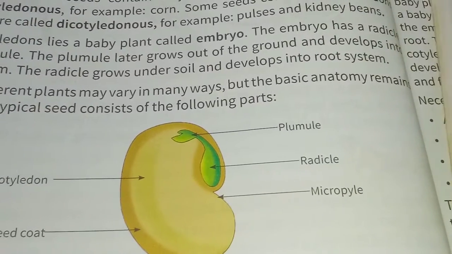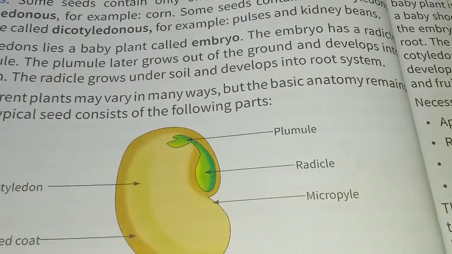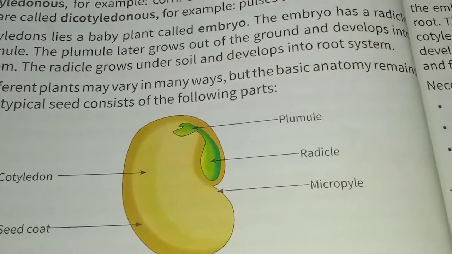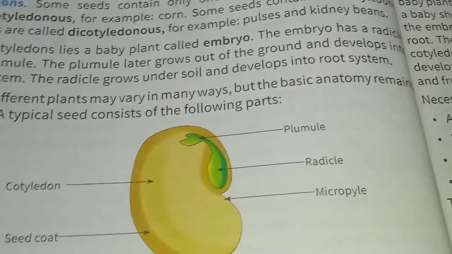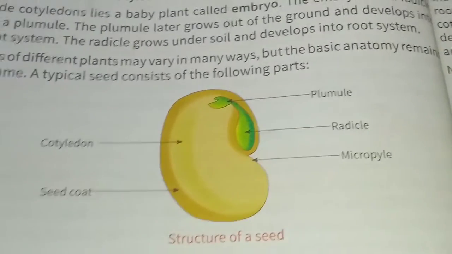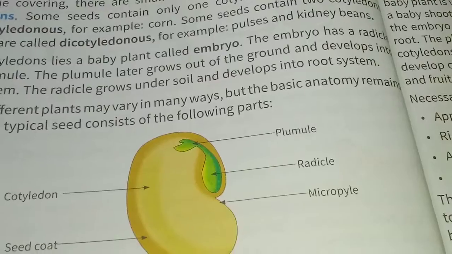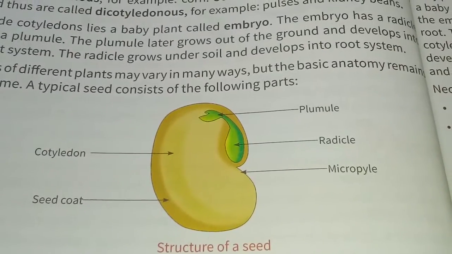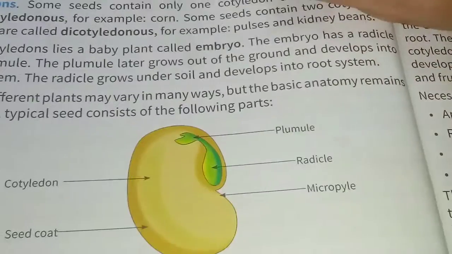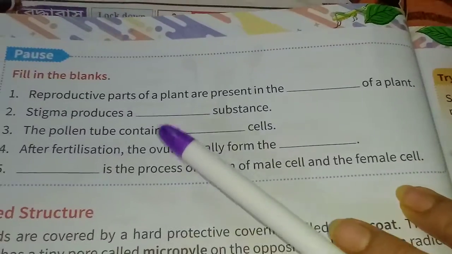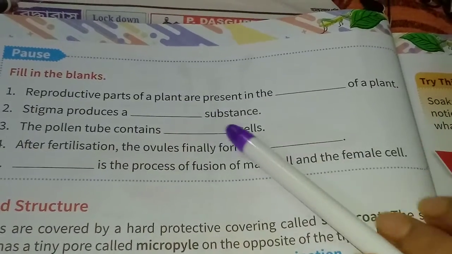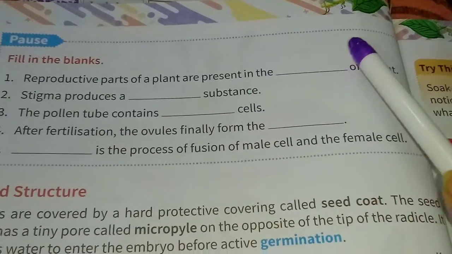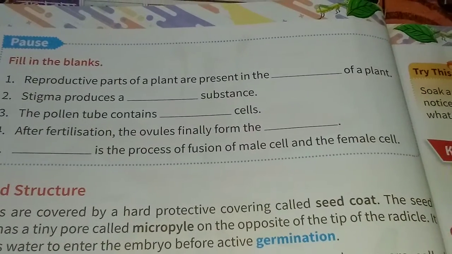Okay. So please soak a few bean seeds or gram seeds for 2-3 days and observe the soaked bean seeds. You will notice the seed coat has become soft. Then split the bean seed and observe what is inside it. And in page 66 there are some fill in the blanks. It is homework for you. In our next class I'll give you the answers. Please do it well.